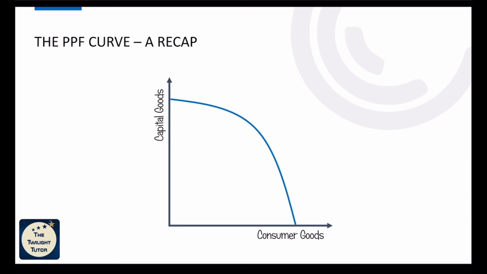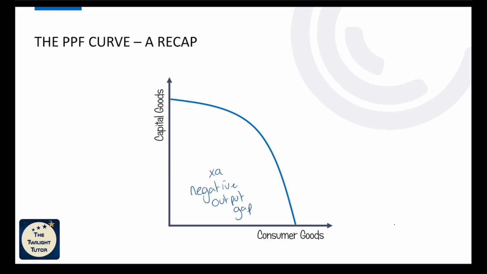The blue PPF curve shows the maximum potential output of this economy if there were full employment of all of the factors of production. This economy could be operating within the PPF curve at point A. This would be an inefficient allocation of resources, and in this instance we would refer to point A as a negative output gap. And this means that actual output in this economy is lower than the maximum potential shown on